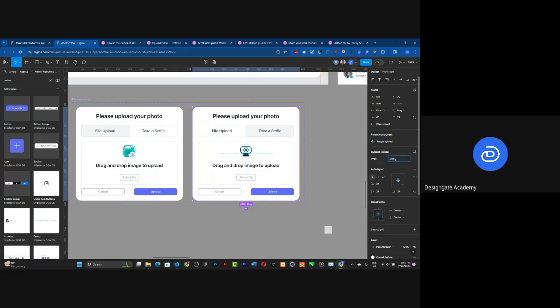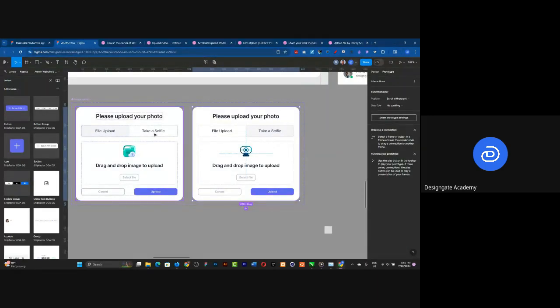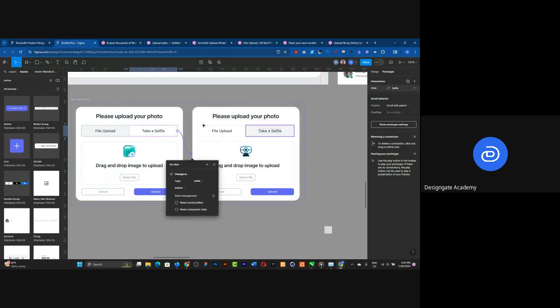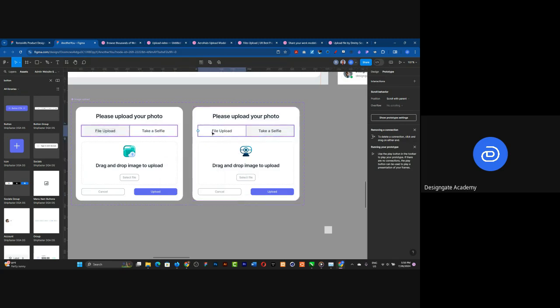Selfie. Okay. Now we can go to our prototype and prototype this icon. When they click on you, it should change to this one. And for this, we just want to use instant. Okay, instant, it should just change. And for this one, when you are here, if you click on file upload, it should come back here instantly